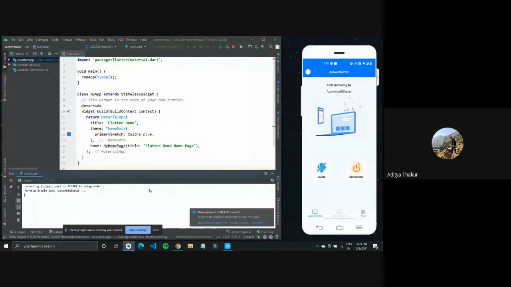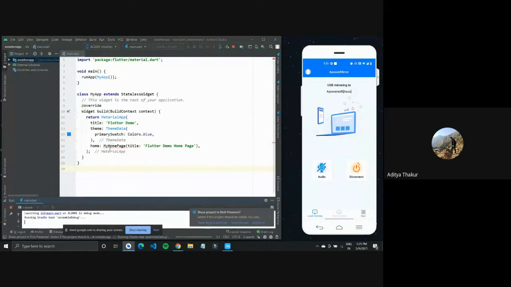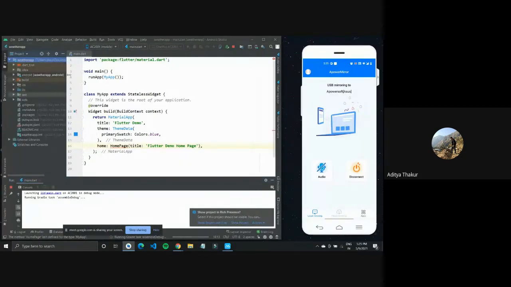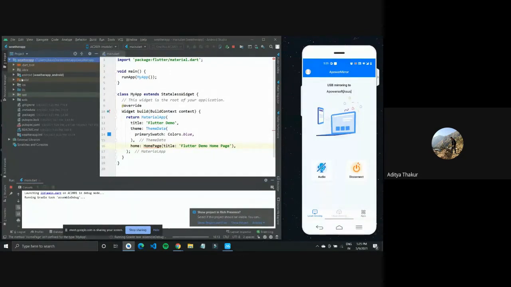And what will happen is I'll get an error under this home page line. Since I just cleared the code, I'll have to remove this. Any Flutter project that you build has this Android folder, which has the Android files, and the iOS folder, which has the iOS files. And there is this lib folder that basically has the main.dart, in which we write the code in Dart, and then it's later configured for Android and iOS.